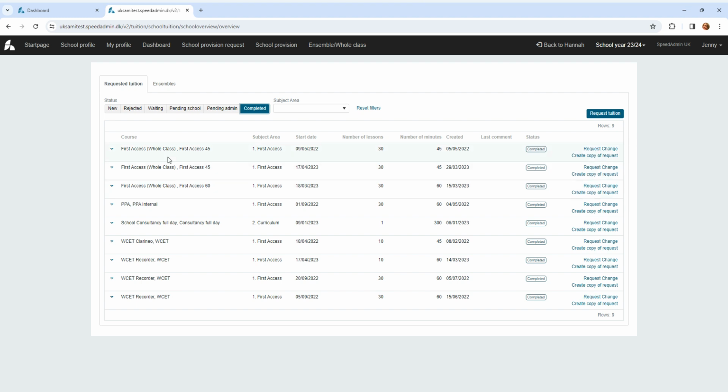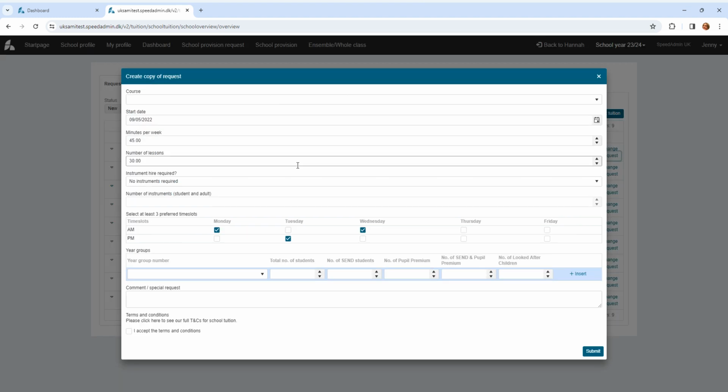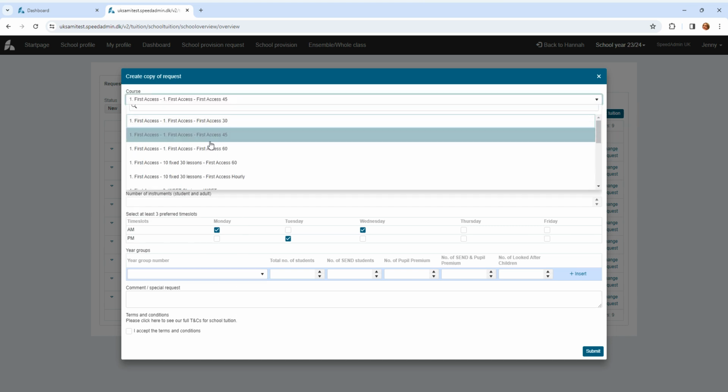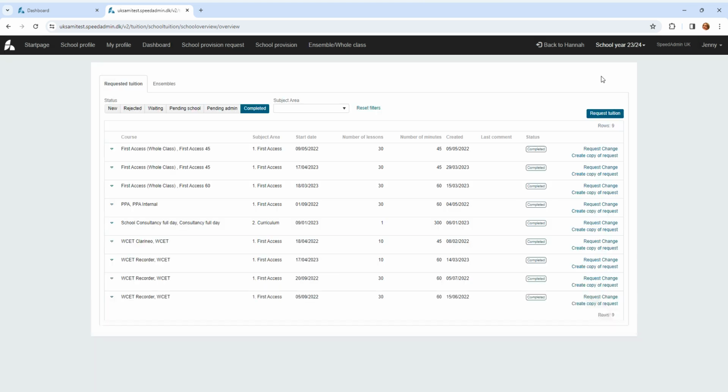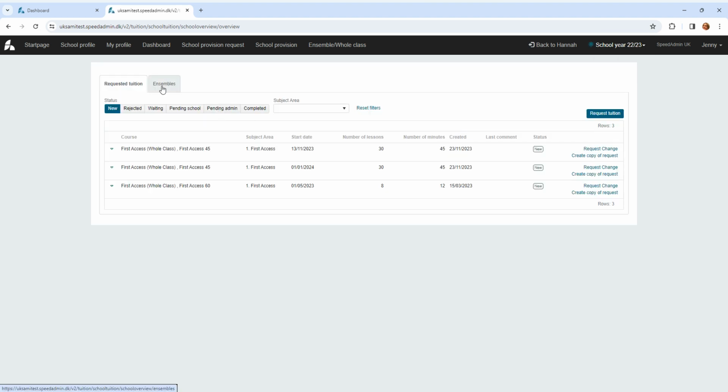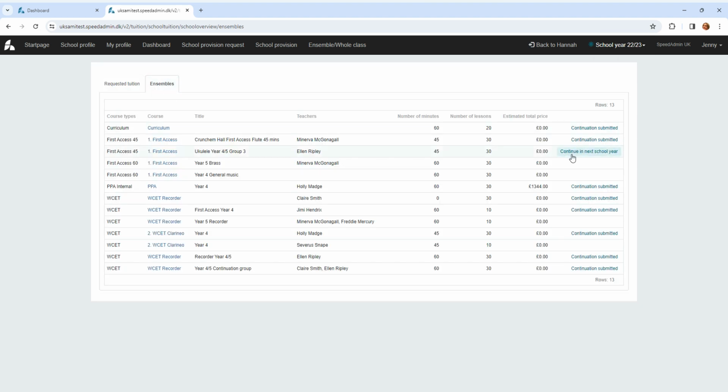The other good thing is that if you've got a school who's got many, as you can see, first access 45 minutes, they could just create a copy of the request, which will just redo the application form again. It will mirror what was in the original one, and they just pick the course again and they submit that. When it comes to the new academic year, if I just switch back a year, when they go to their ensembles tab, and they are able to say, well, yes, we want this to continue in the